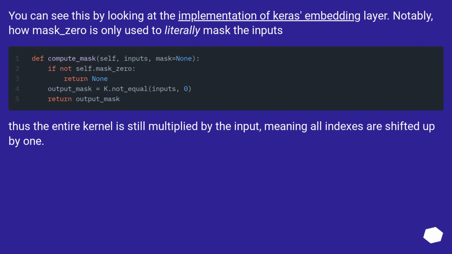You can see this by looking at the implementation of the Keras embedding layer. Notably, mask_0 is only used to literally mask the inputs. Thus the entire kernel is still multiplied by the input, meaning all indexes are shifted up by 1. If you want this, you also have special